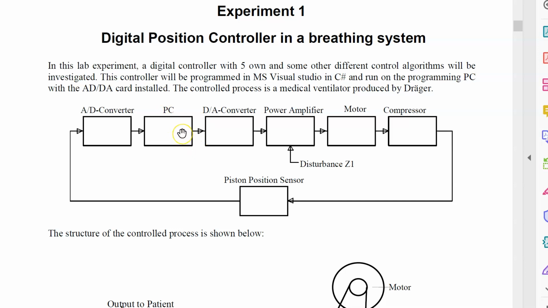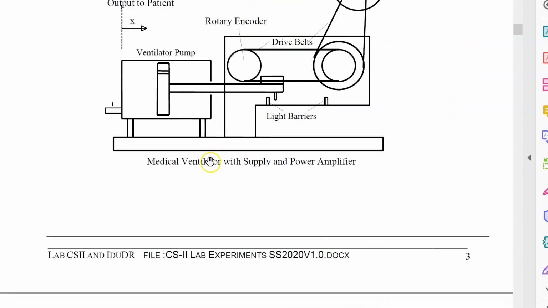The task of this experiment is to play now with different controllers and find differences, and you can compare the different properties of the different controllers. So in your preparation,